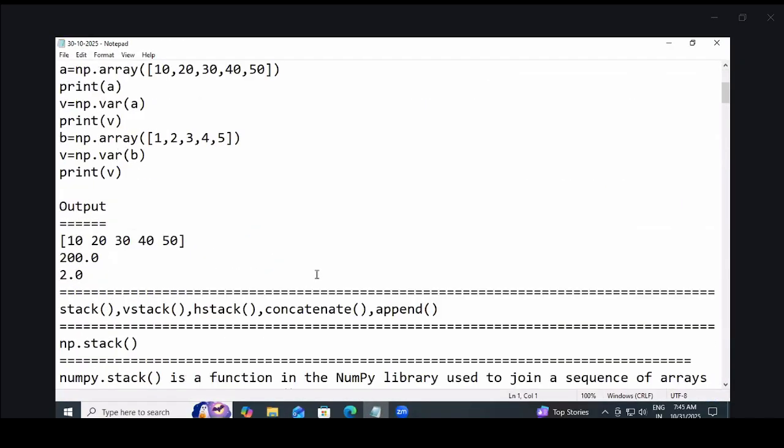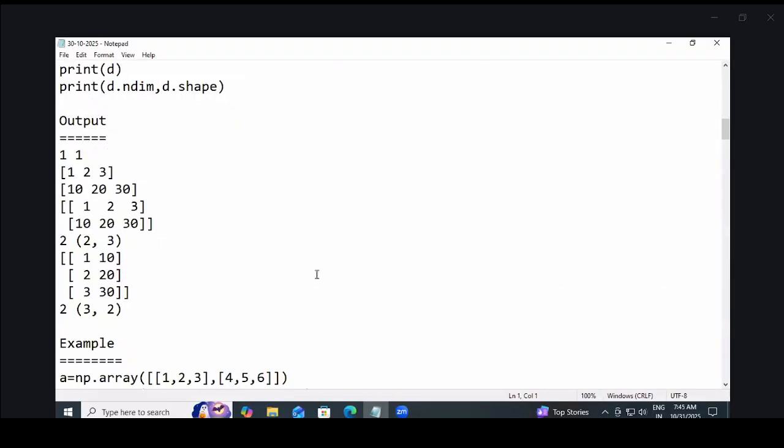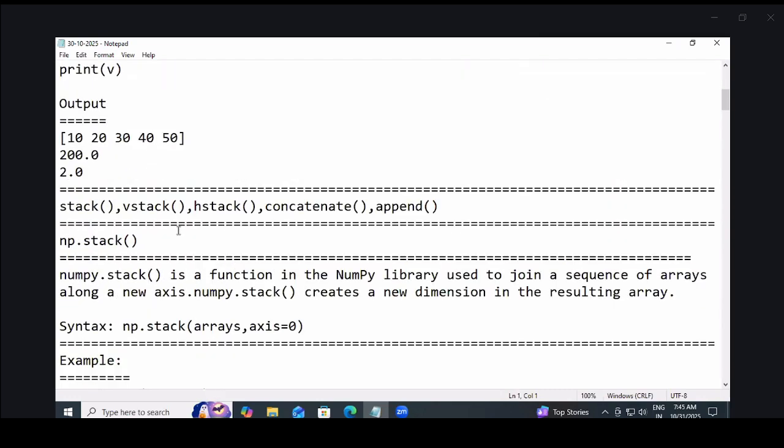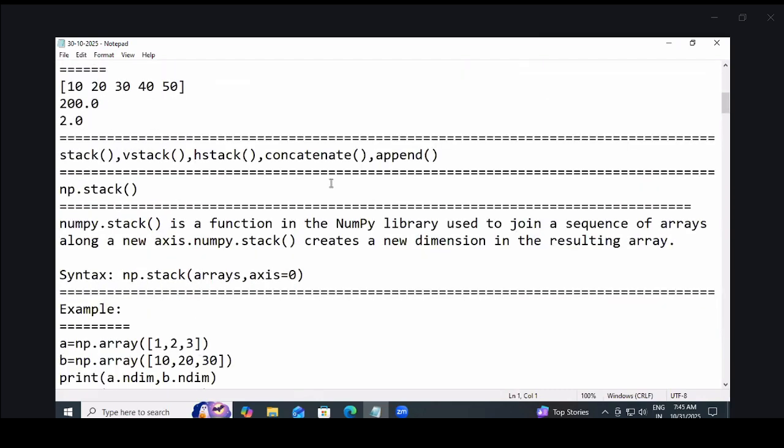Okay, right now, this is what we have seen in the last class. Like how to work with the stacking. I said about vertical stacking and horizontal stacking, and even I said about what is a concatenate. So after that,